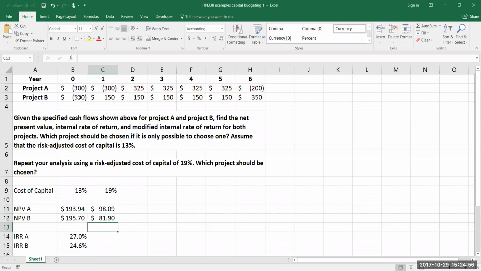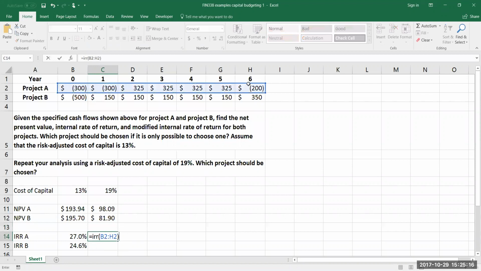And lo and behold, it is also lower than it was at 13%. And interestingly, notice that at this point, project A has the higher net present value. Now, if we look at the IRRs, and we calculate that again, we get the same number. We get exactly the same number that we got before. And the reason for that is very simple, because the